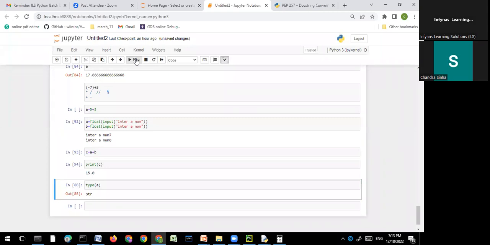This is taking input and converting it. इंटीजर करना होता तो इंटीजर कर लेते, फ्लोट करना होगा तो फ्लोट कर लिया हमने।